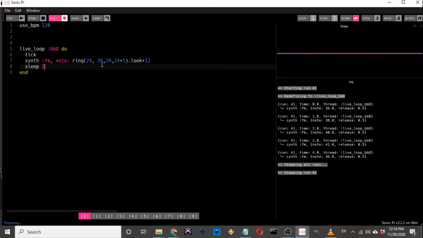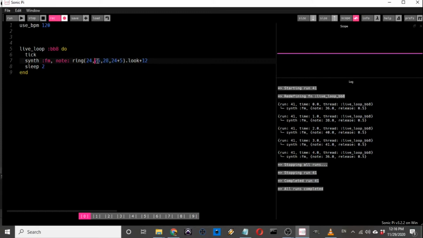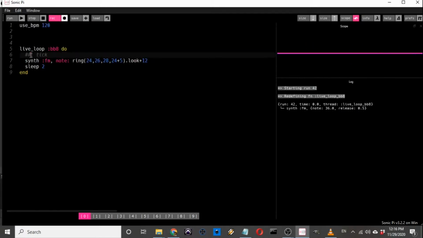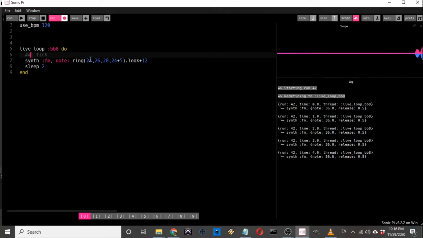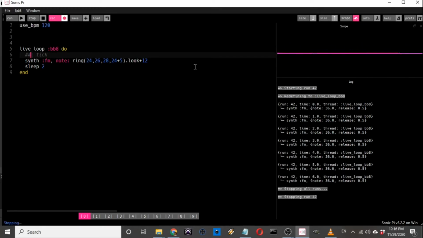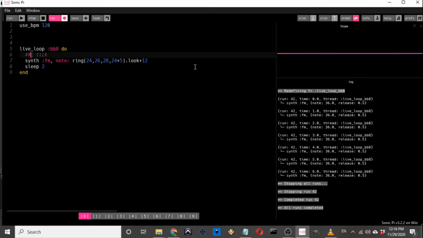So I could sing on top of this technically, but the point I'm trying to make is what the happy accident was. I had accidentally switched off the tick. And so when you do that, look, it's just stuck on 0 essentially. So it's just on 24. It's just looping this. And this is actually a wonderful way to switch between verse and chorus, I find, because